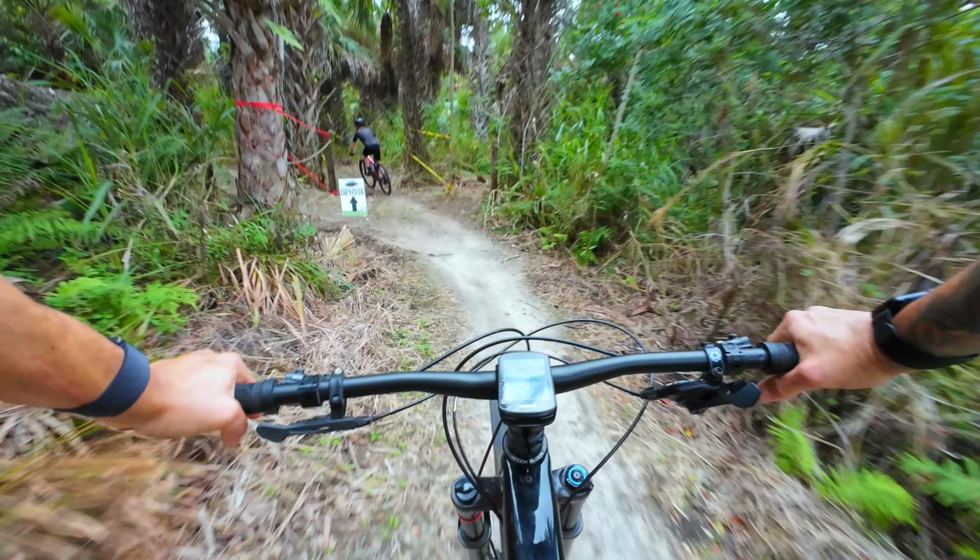Freaking Eric's flying. We're just about to finish a warm-up lap. We're 50 minutes in, 10 miles. Pretty good warm-up. So they should be here in a few minutes, and then they're gonna go out for their